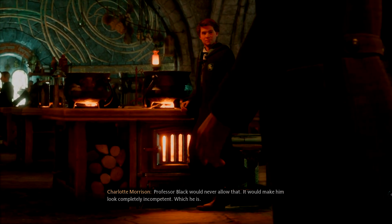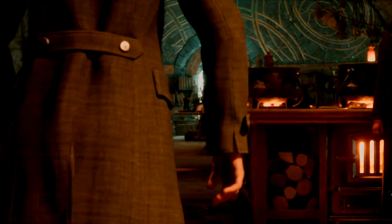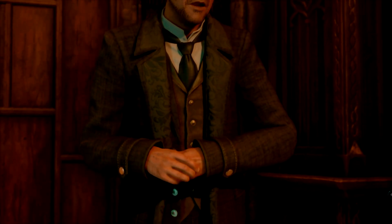Can I... What's this one? This is potions? Yes! I'm gonna make the one that...